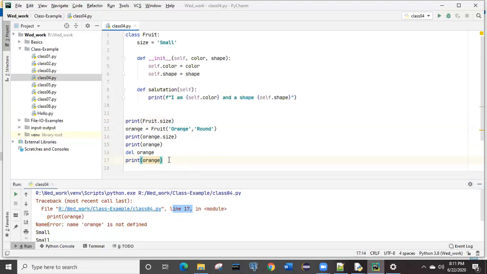Why is it saying the name itself is not available? Because previous to this line we have deleted that orange. Got it? So when the compiler reaches line number 17, it is not getting that orange because that is not available to this class now. That is why it is saying orange is not defined.